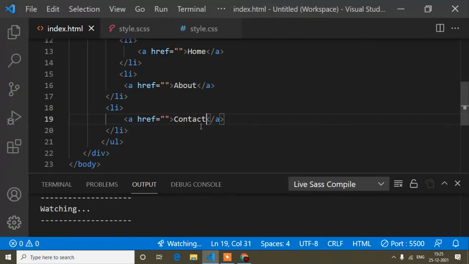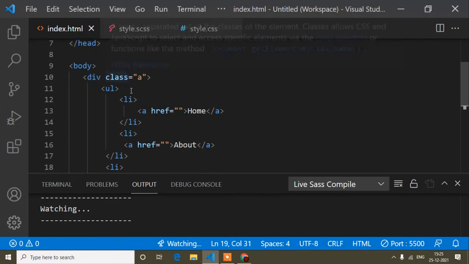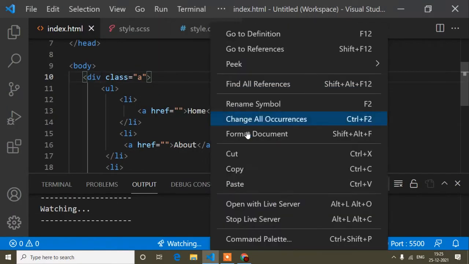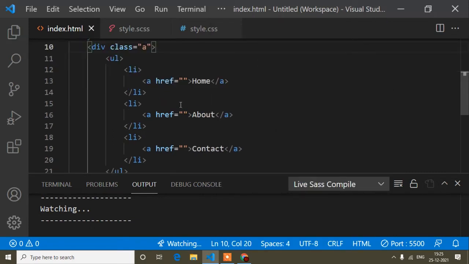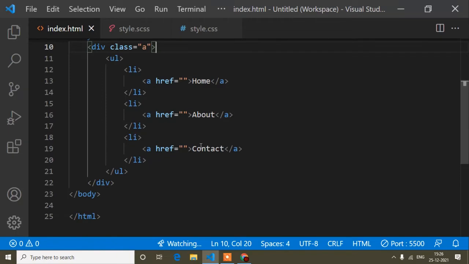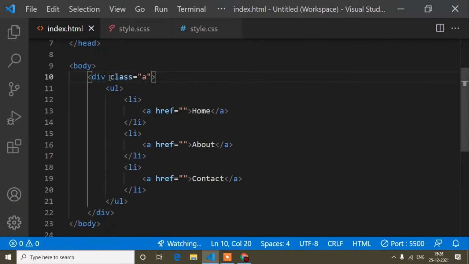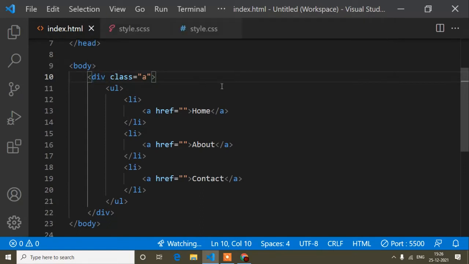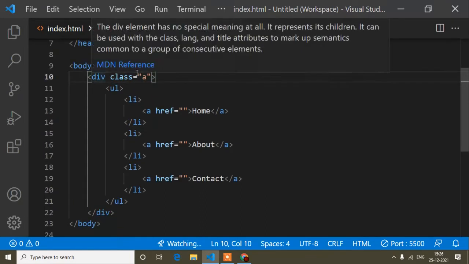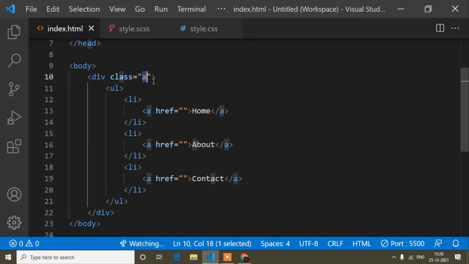Now, guys, I will format the document so it will be structured. Nested means, first thing, the parent and child concept, which we call nested in SCSS. So here is the parent, you can see this one, A, right?